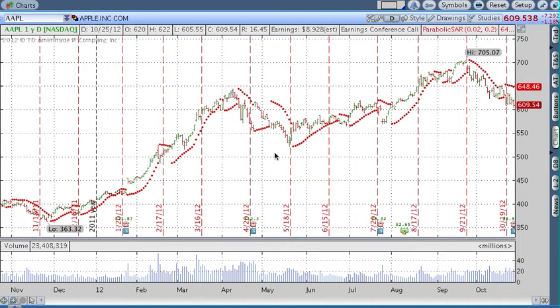Tutorial on the Parabolic SAR indicator. Now, Parabolic SAR actually stands for stop and reverse, and the idea, if you look here at all of these dots,